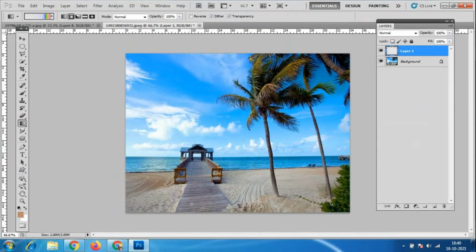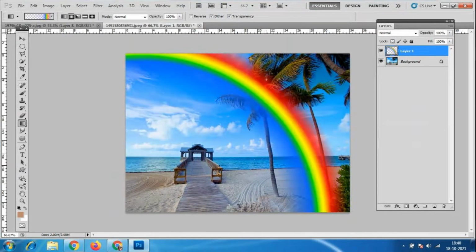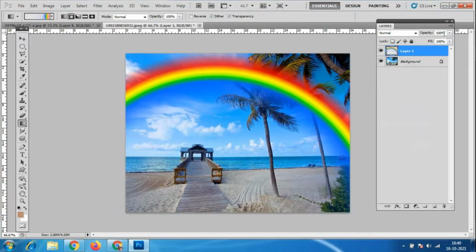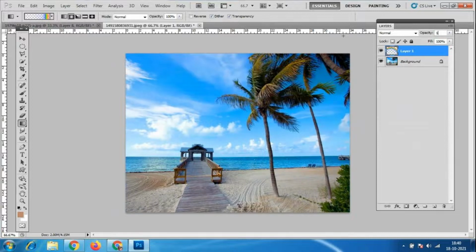So what I'll do, I will make the opacity less. Okay, so yeah, somewhere here. I'll make only 10%. See here, 25%. Just check how much of the rainbow should be visible. Okay, it will not be so bright. So only this much you can see, right? Only as much of the rainbow as you can see. Whoever has done the collage work, with that you can add the rainbow.